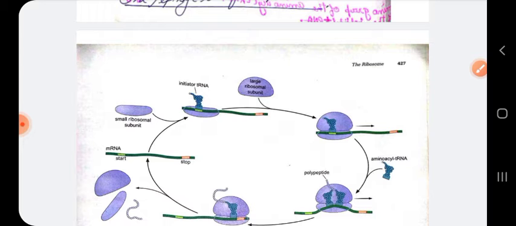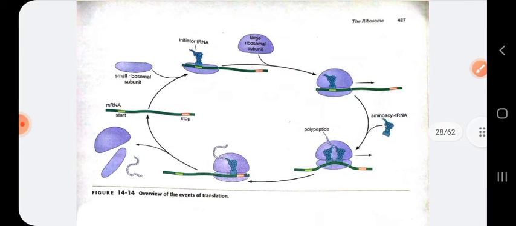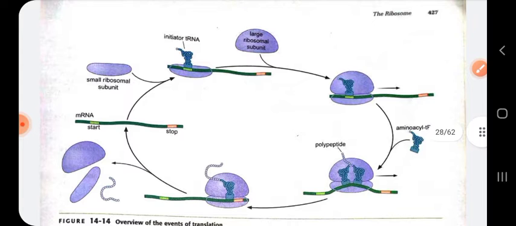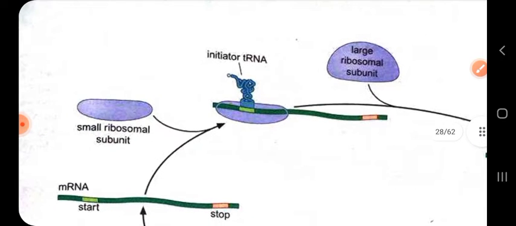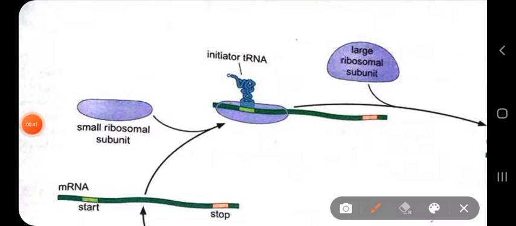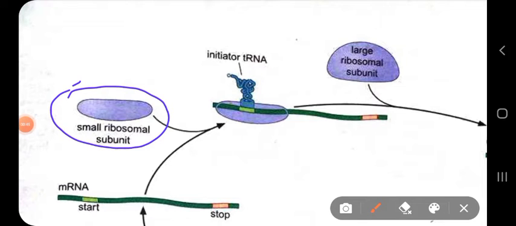The figure that you are seeing here shows the ribosomes and an overview of the translation process, what happens when translation occurs. At first, you can see the ribosomes getting assembled. The small ribosomal subunit associates with the mRNA